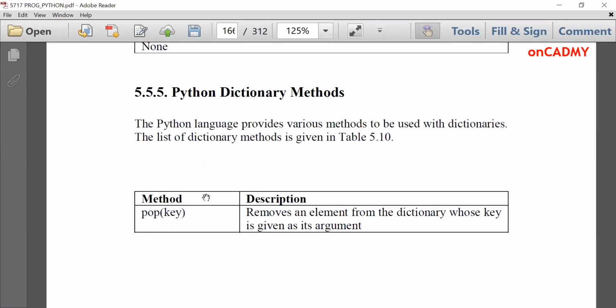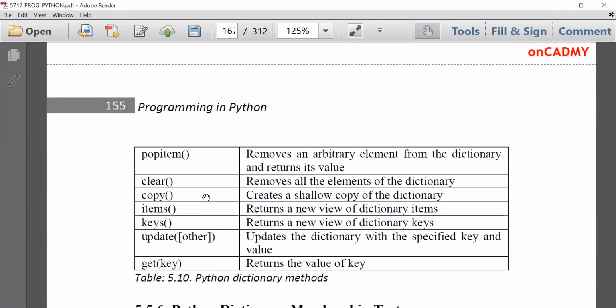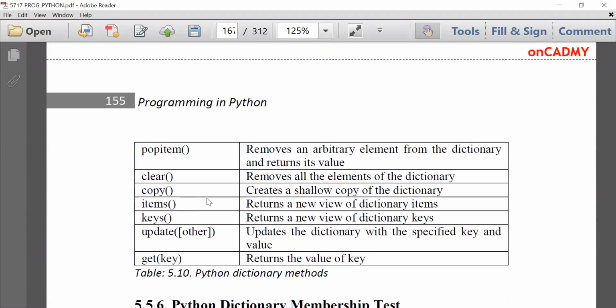Now there are various dictionary methods. We have already studied pop key, popitem, clear. Copy is used to create a copy of the dictionary. Items returns a new view of dictionary items. It just generates a new view, doesn't create a new dictionary, just a new view. Keys returns a new view of dictionary keys.